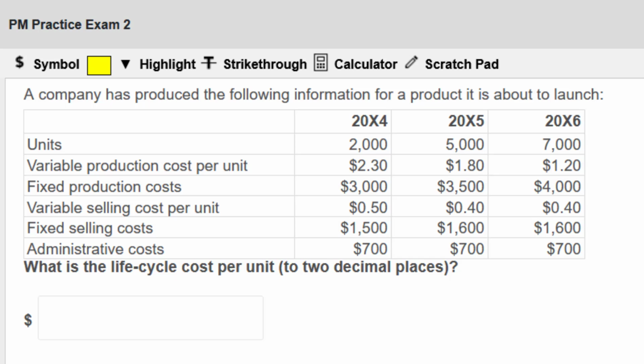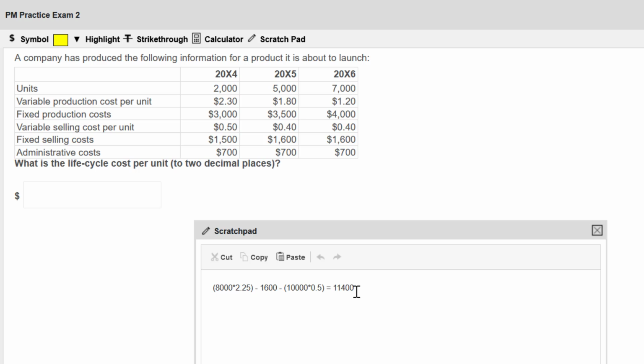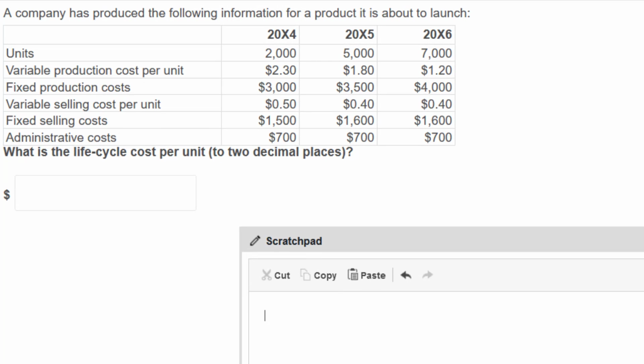So let's break things into fixed and variable costs, and let's work carefully and neatly in our calculator. And we can do this using our handheld calculator and lots of brackets. So let's set this up together in the Scratchpad. I would just type it into the calculator. I wouldn't do the work double. So let's start out with the variable costs. And we're going to have in 2004, that's 2,000 units multiplied by the two variable costs, 230 plus 50 cents, that's going to be times 2.8,